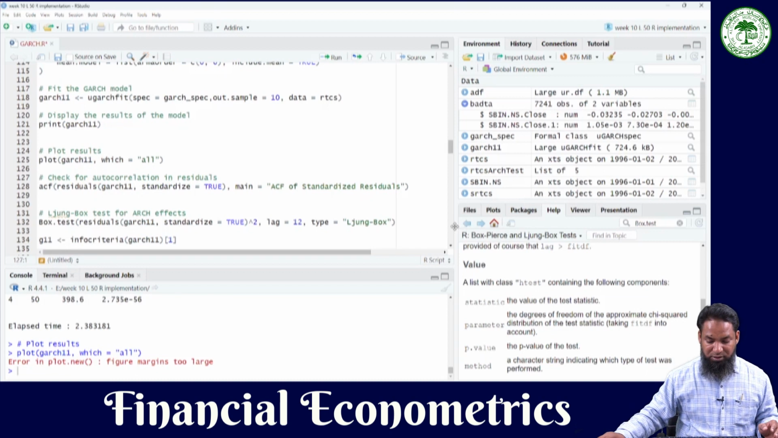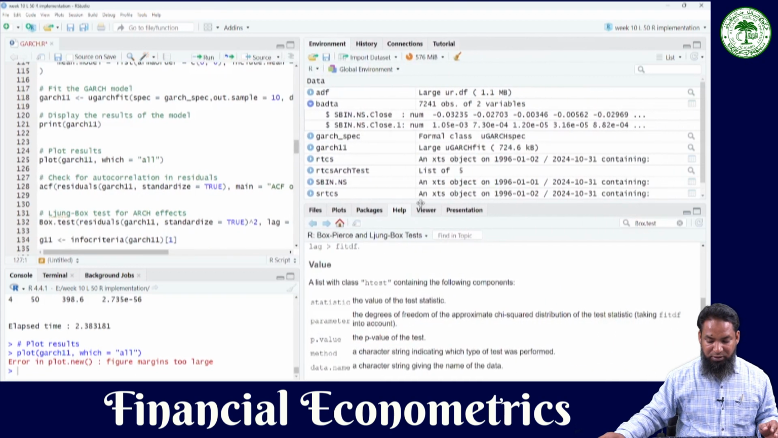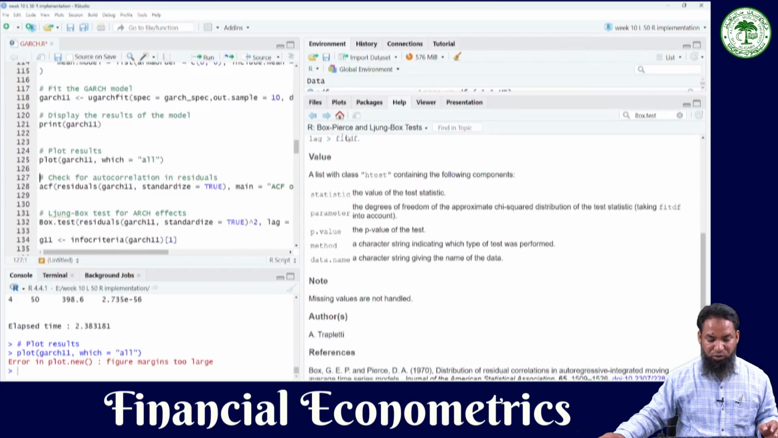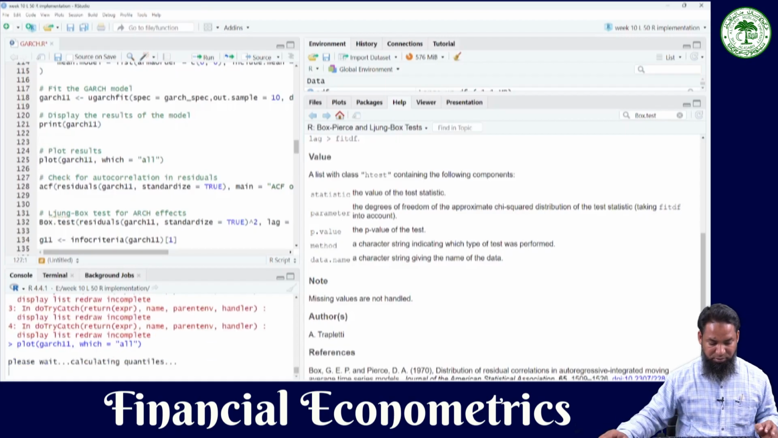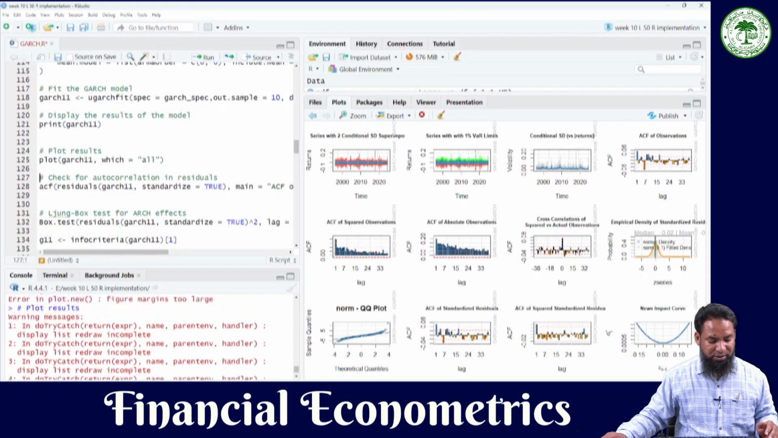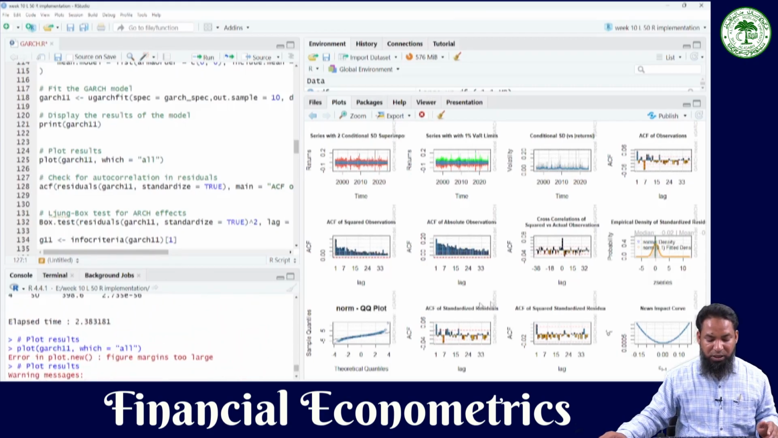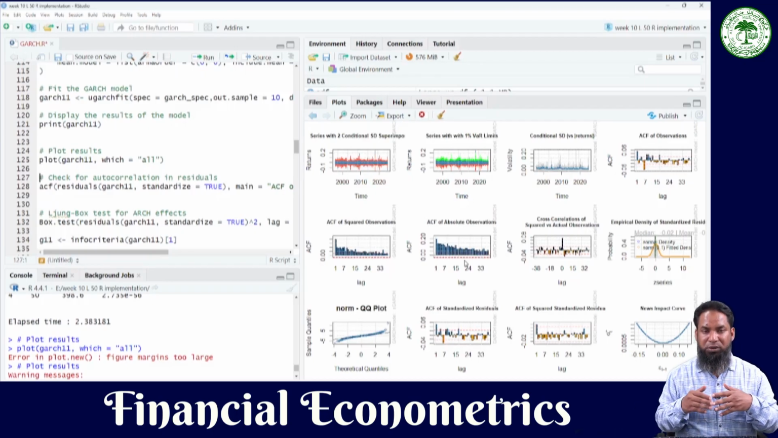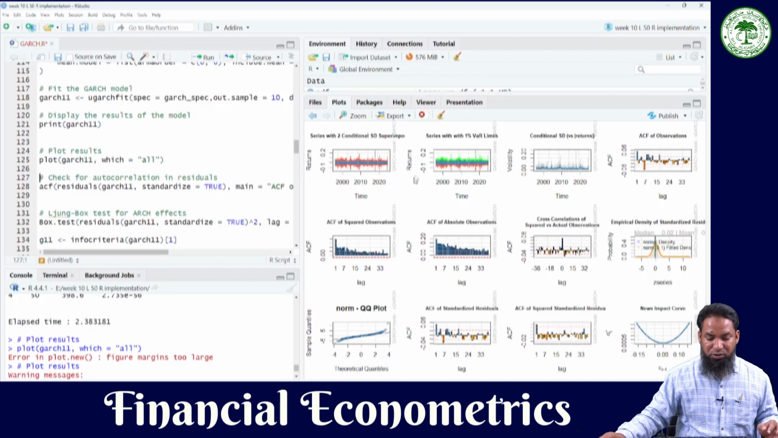It is telling that the figure margins are too large, that means it may not be possible to plot here. Now since we have increased the screen size of this particular column, it is able to show that graph. So whenever you get the error that the figure margins are too large, you can expand the column where you want the graph to display. Now if we zoom out this graph,